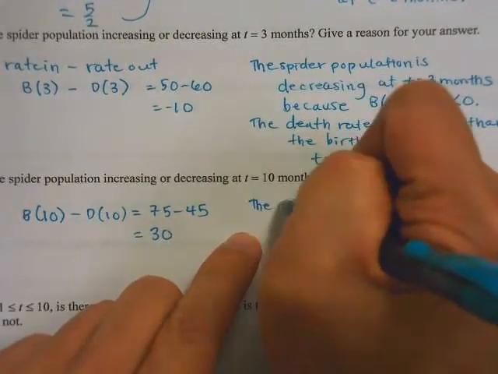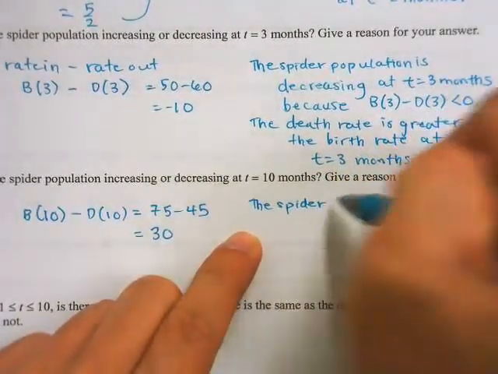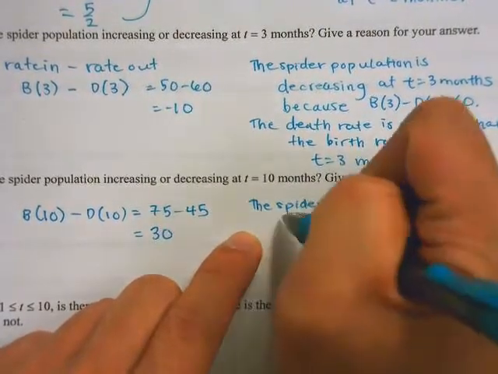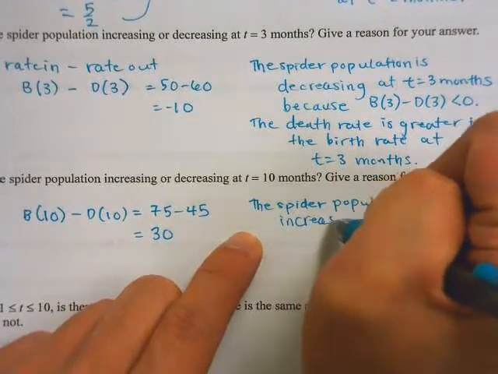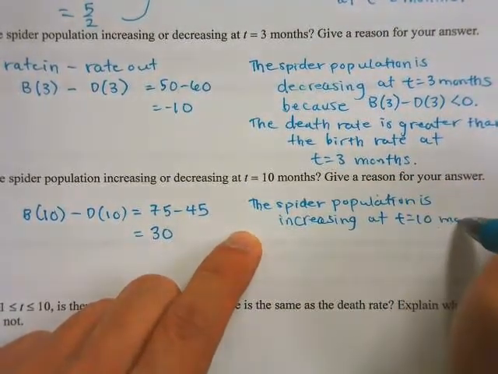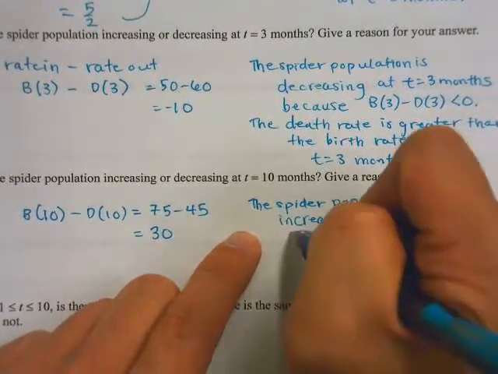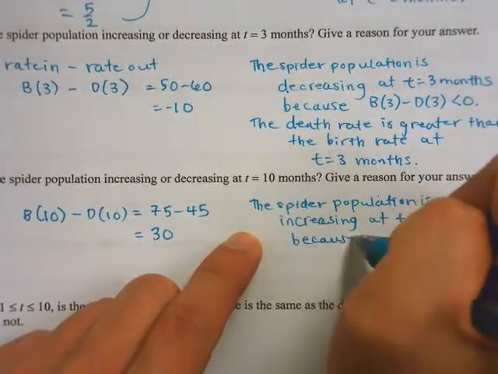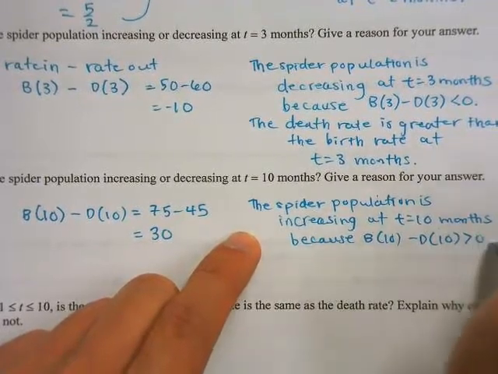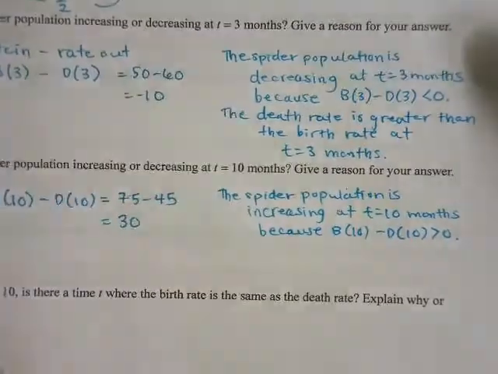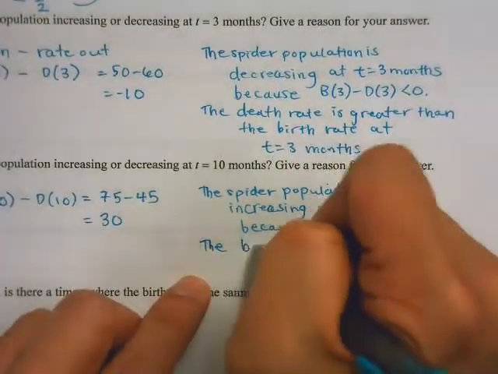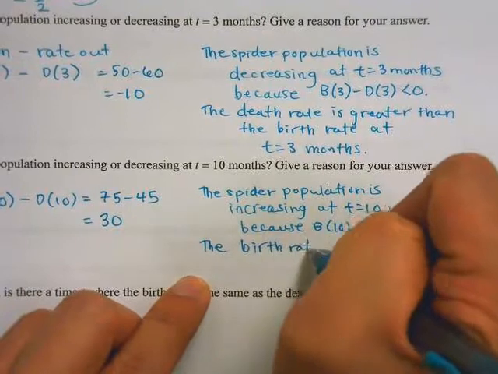I will start with the spider population is increasing at t is equal to 10 months. So this time around, the birth rate